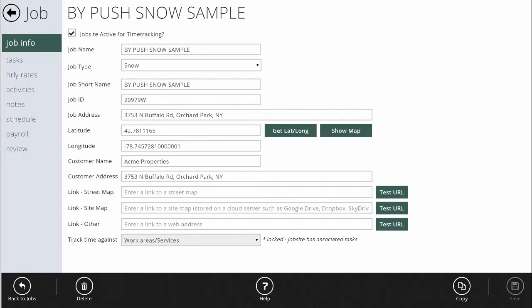Now we'll take a look at how to set up a snow contract that's billed by the push. And this is also a pretty easy contract to set up. It's just that you have a decision to make on whether you want your crews to determine what threshold of push. If you do billing differently for a 0 to 2 inch push versus a 2 to 4 inch push versus a 4 to 6 inch push, then you just have a choice on whether you want your crews to